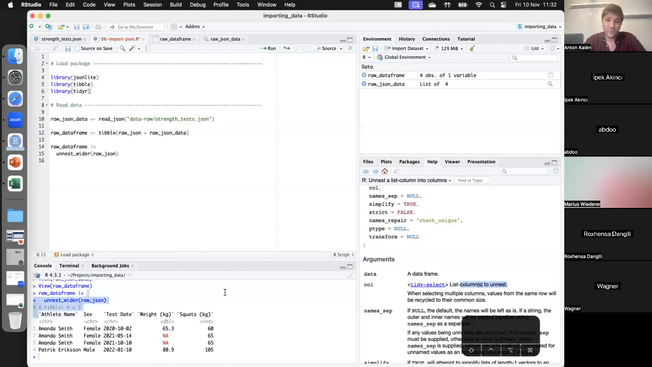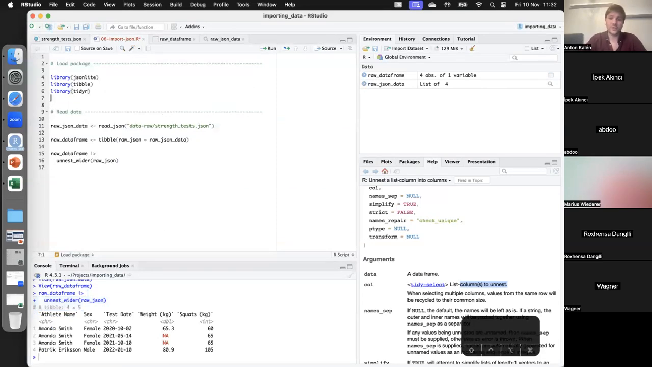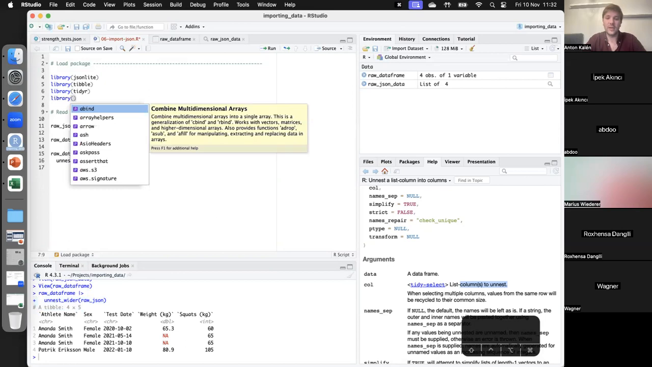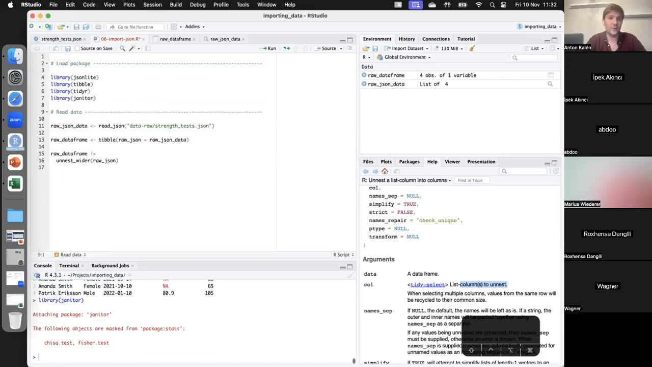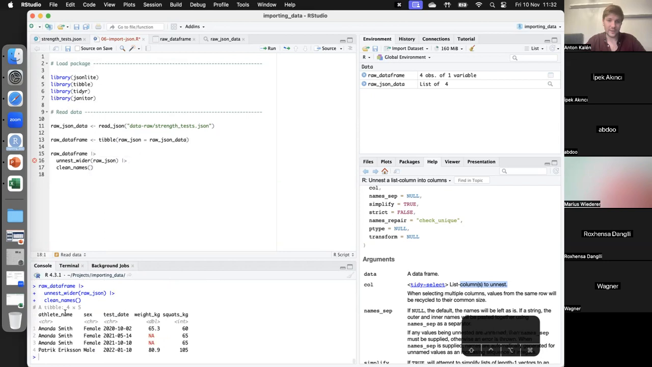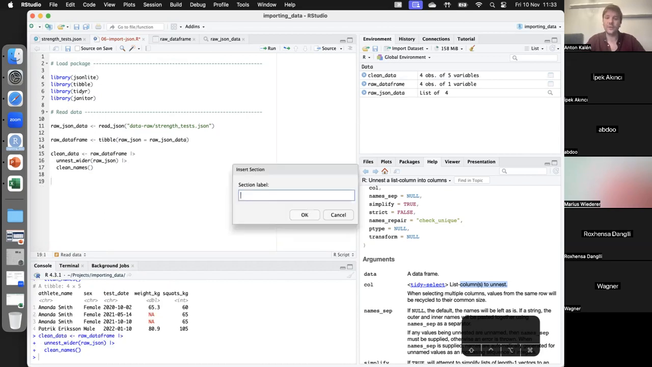Again, we see the same with the names. So here we would just load library janitor. And here, after we unnested it, now we also want to clean names. We run it, we see now it looks just as all the other ones. We can save this one into clean data. Now we can